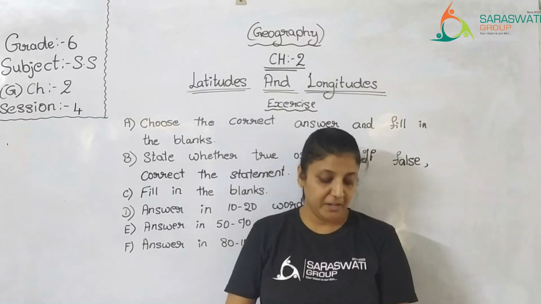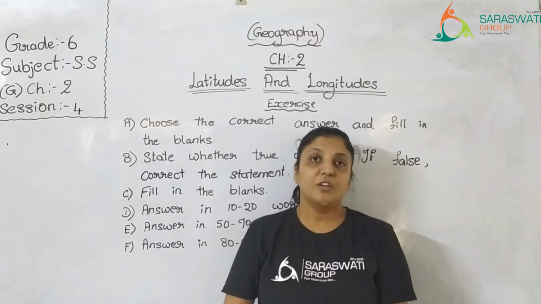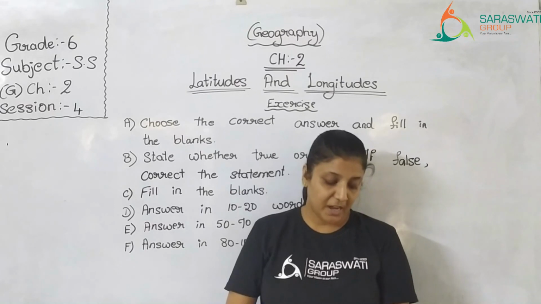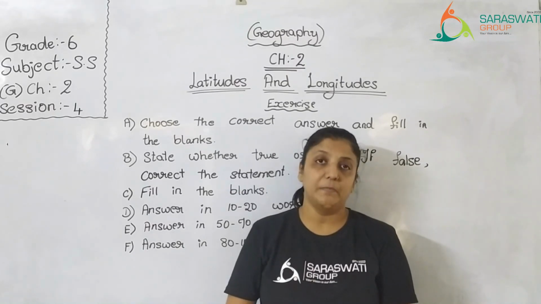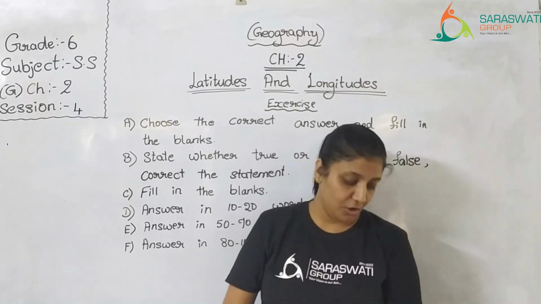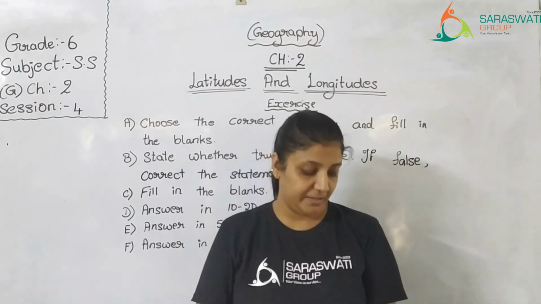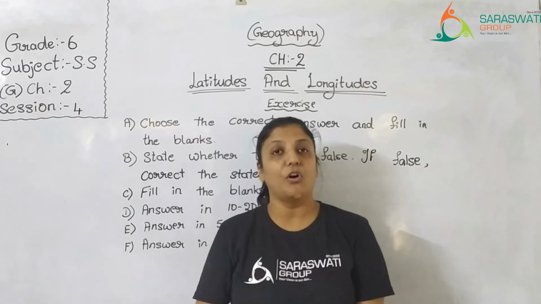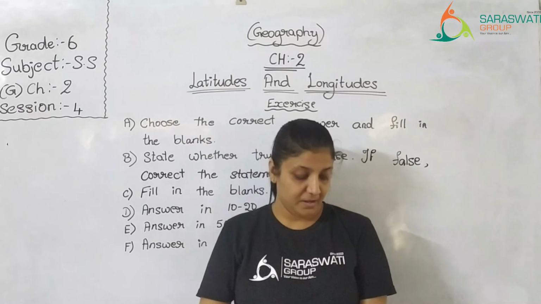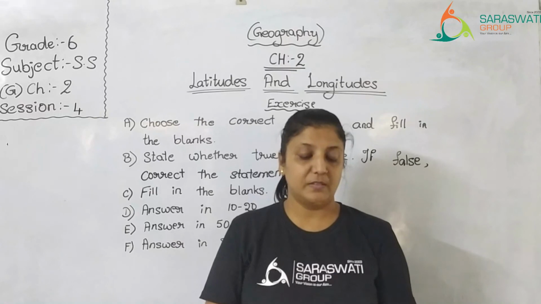The standard meridian of India is 82.5 degrees east, which passes through the city of Allahabad. Its local time is known as Indian Standard Time, that is IST. There is a difference of almost 2 hours between the local time at the easternmost and the westernmost points of India. So the local time of the standard meridian is followed all over the country. So this is the answer.